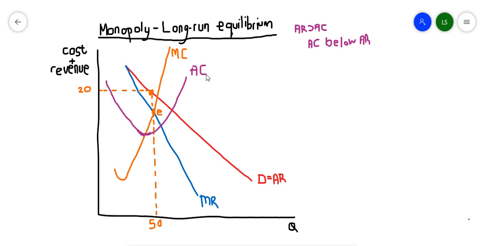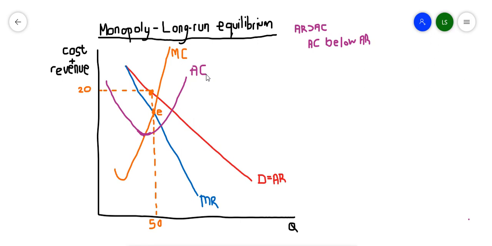Okay, if you need to pause the video to add your average cost, you do this now, and then you continue playing when you are done. So when we've added the average cost, obviously the last thing that we need to do is indicate the profit area. Now we need to indicate where this profit is.